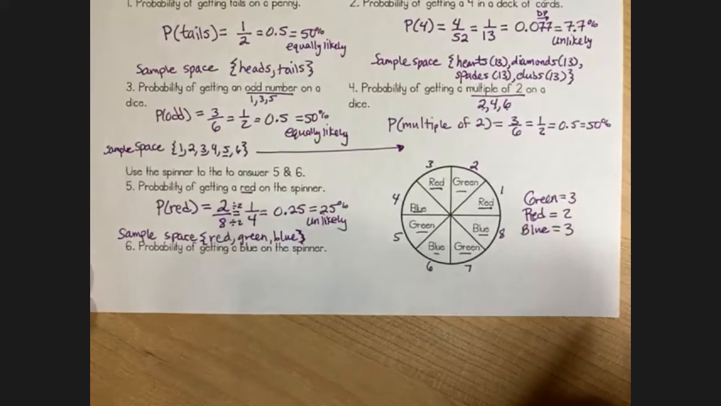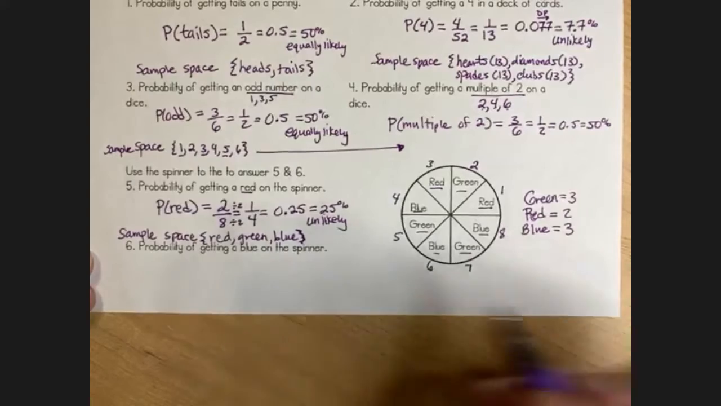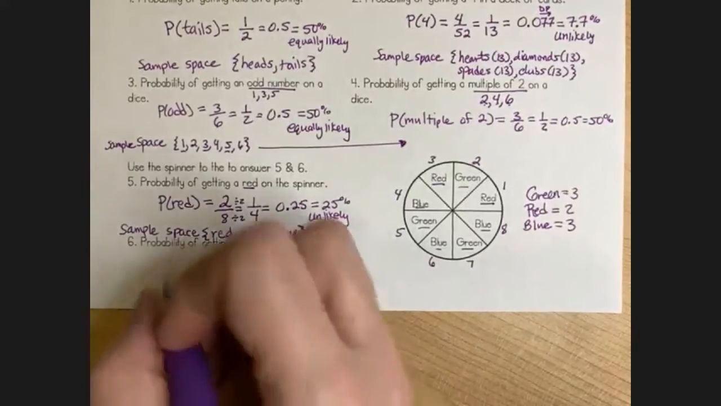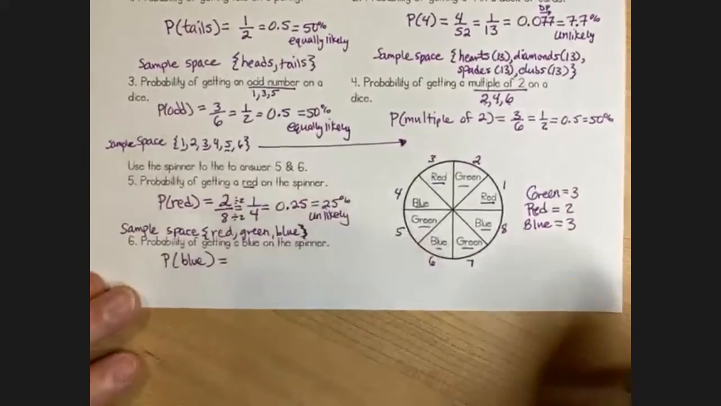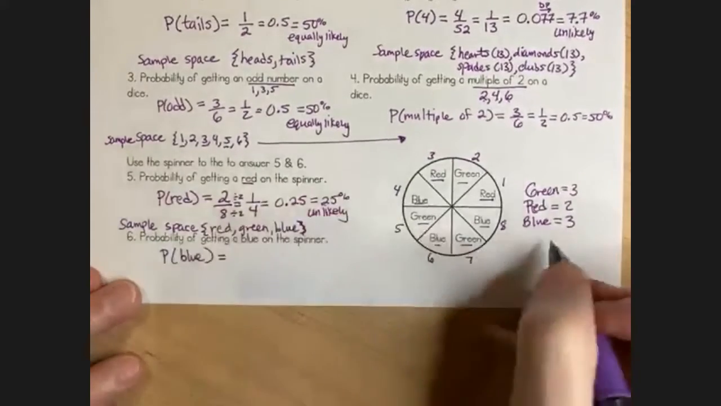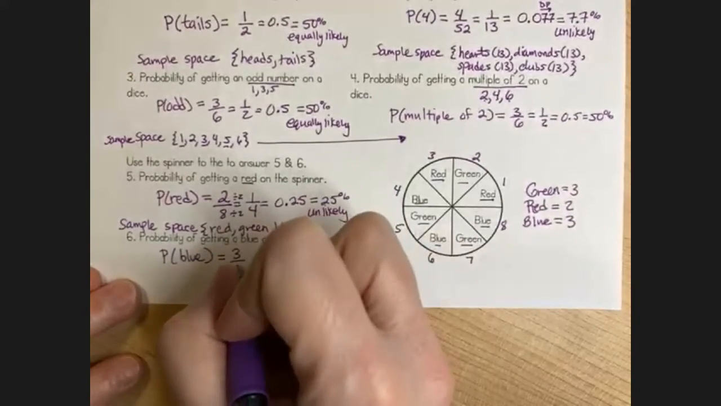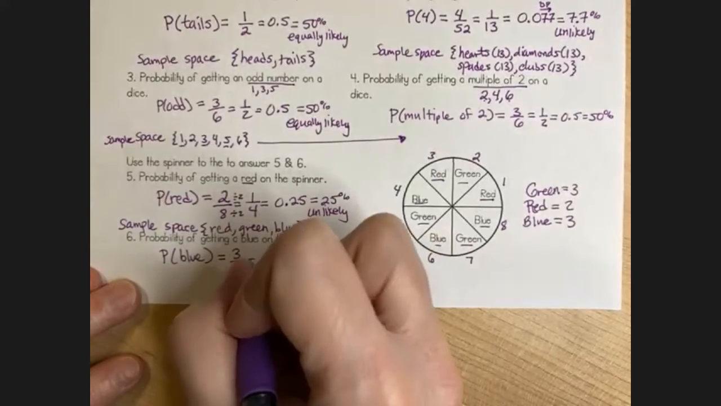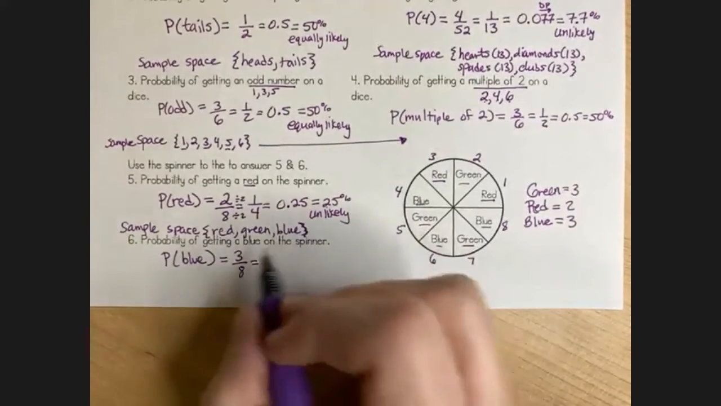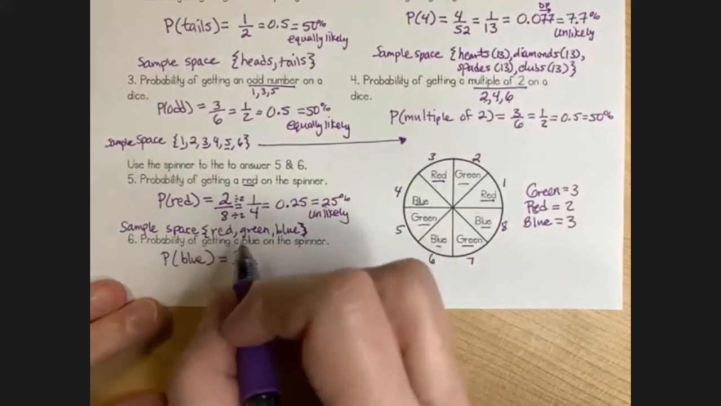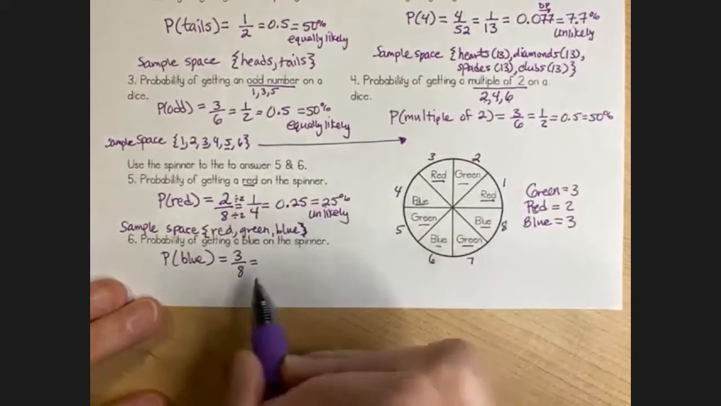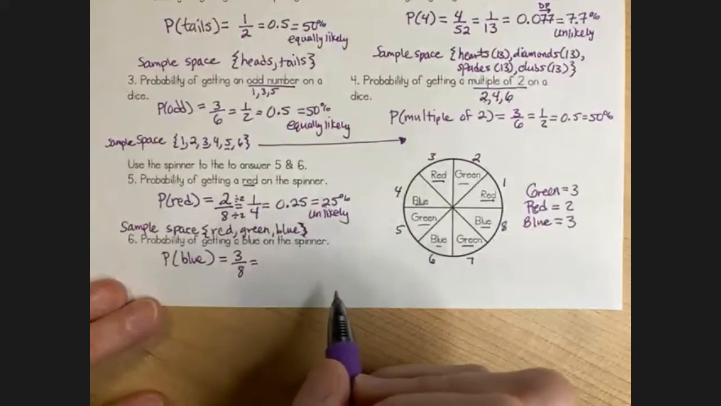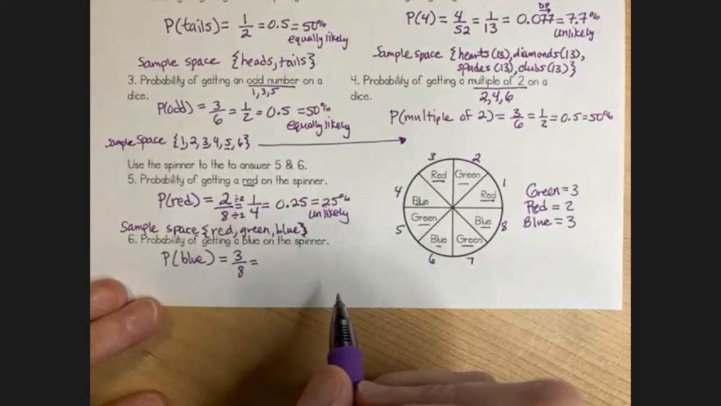So with the 8 sections, it's kind of hard. So probability of getting a blue on the spinner, and that's actually the same as the probability of getting a green. So blue is 3 out of 8. So actually in our sample space, it wouldn't just be red, green, and blue. I would probably need to list how many reds. So it'd be red, red, green, green, green, blue, blue, blue, to actually get that